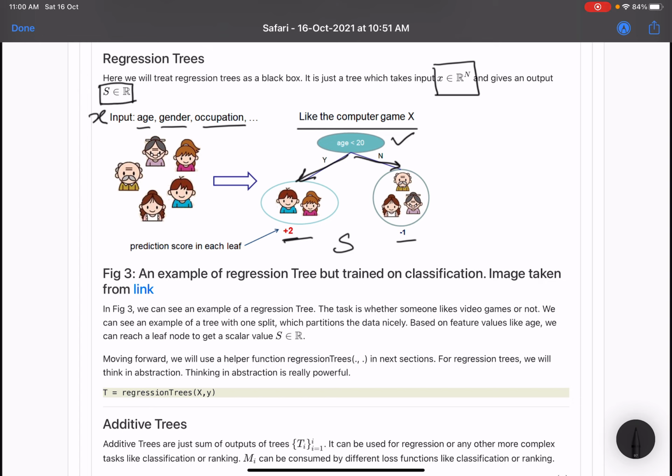So this is a decision tree example for a regression tree, and we will treat the regression tree as a black box, and this is a helper function which we will use. This helper function takes X and target value Y and gives you a tree. So this is the abstraction level at which we will operate.